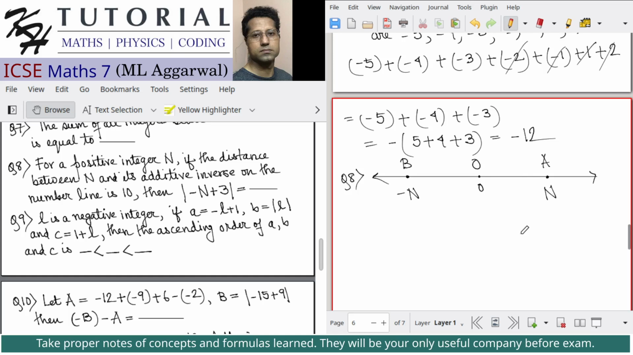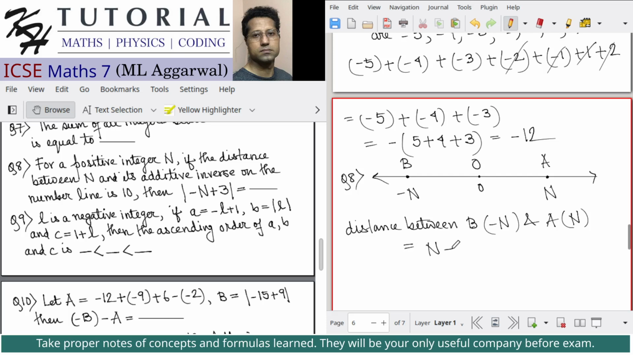So the integer values marked by points A and B are additive inverses of each other. That is, one is n, which is a positive integer, and its additive inverse is minus n, which will definitely be a negative integer. Now it is given that the distance between the integers n and minus n is 10. Now what is the distance? Distance between B, which is the integer minus n, and the point A, which represents the integer n, will be equal to